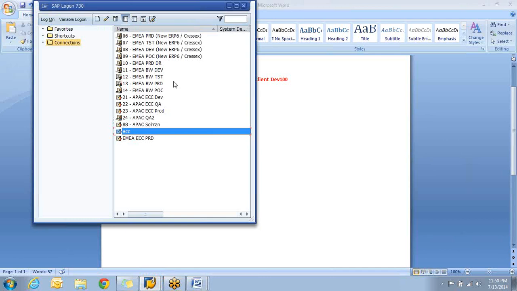Okay, this is a real-time screen. You see this? PRD is production, TST is test, DEV is development, POC is proof of concept, and again PRD. Why do we have two PRDs? We have two PRDs because